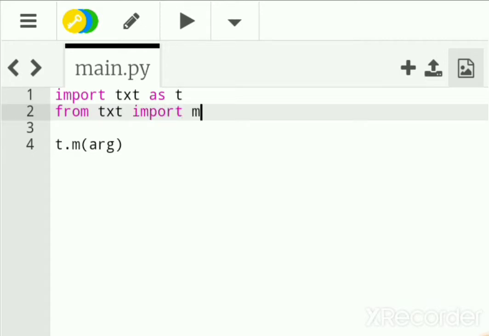Import m, which is a method in text. If we do this, we do not have to use the t dot, we use the method directly. So remember well,